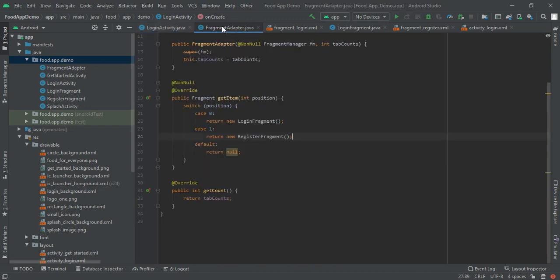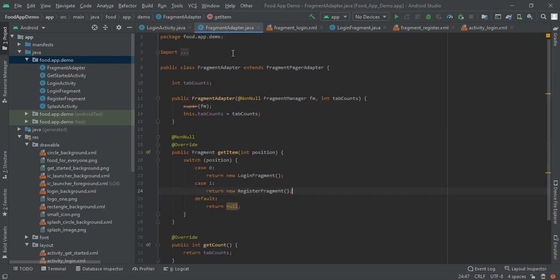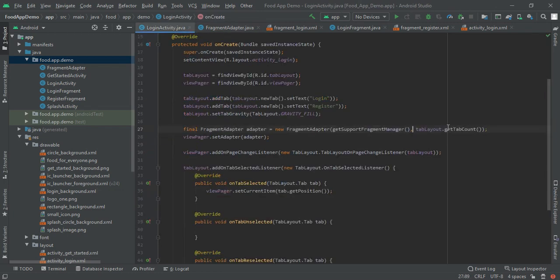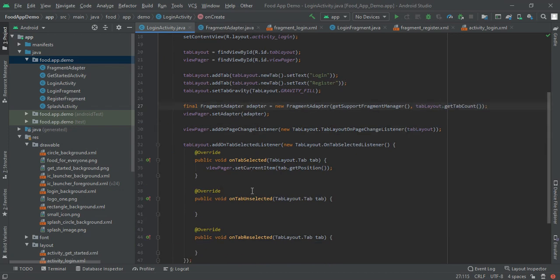So that fragment manager came from here, and tab count, that is tab layout dot get tab count. With this method we will set that pager, view pager dot set adapter. Now we are setting the adapter, and view pager dot on page change listener, we will show a tab layout.